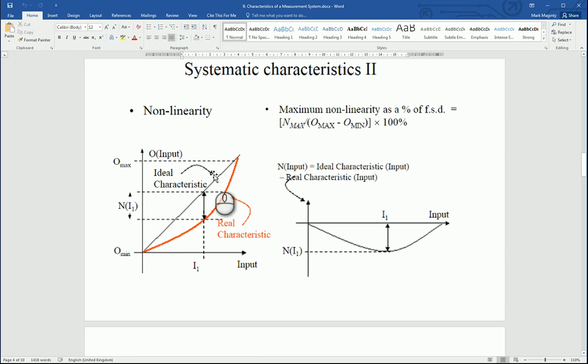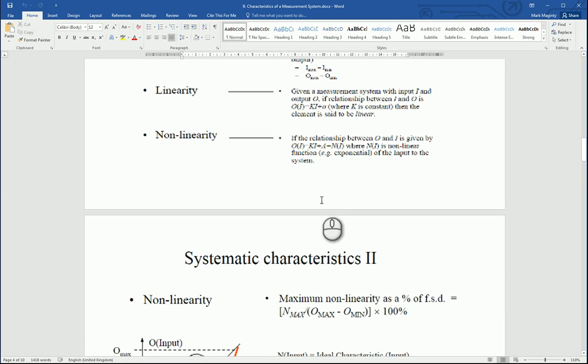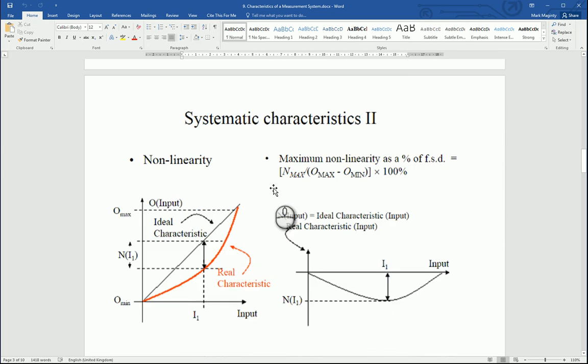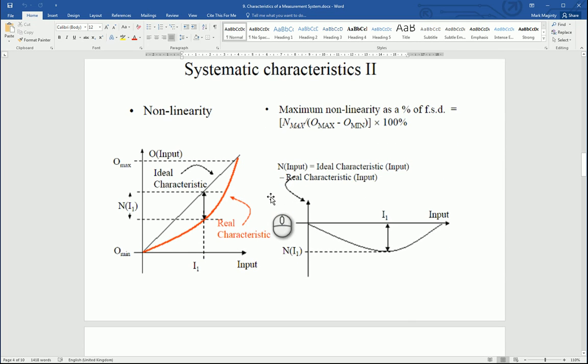we have non-linearity as displayed with the red line here. So we have our input along our x-axis and our output on our y-axis. So we have O of I from the previous one is equal to KI plus A minus the N of I, where N is the non-linearity multiplication constant. So if our linearity scale here is sort of rising at a 45-degree angle almost, that is the ideal characteristic that you want, but what you actually achieve is the red one here, the real characteristic,